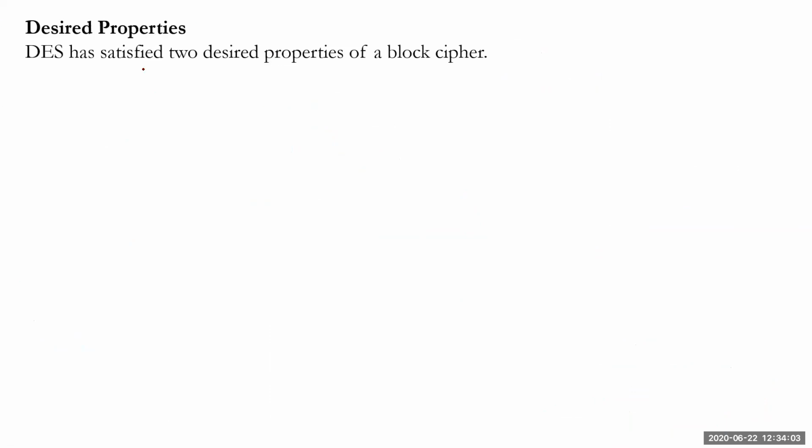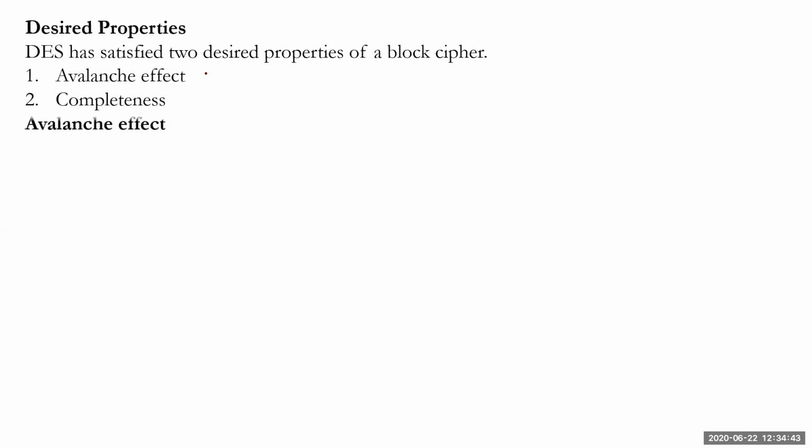Normally, for the data encryption standard, security is judged by two very important properties: the avalanche effect, and the completeness effect. These are the two effects to be taken into consideration, whether DES satisfies them or not. That is today's discussion, which is a very small discussion, and then DES will be closed. So the design properties of DES will be seen.